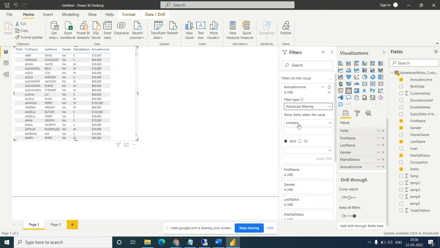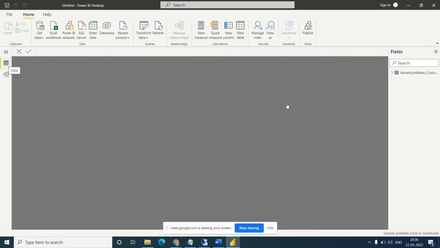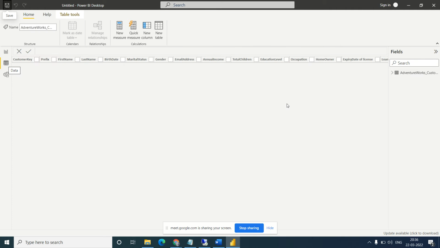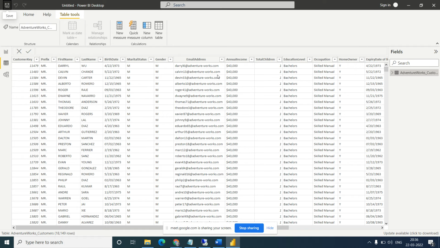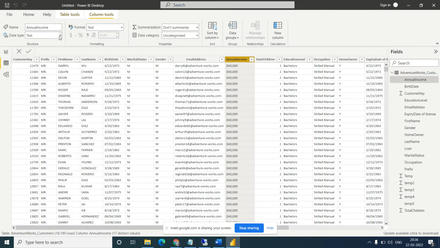In advanced filter, if you go here, you will see that annual income is not being detected as numeric. Let me check. Where is the annual income? Okay, it is showing as text. Just change the data type to whole number.